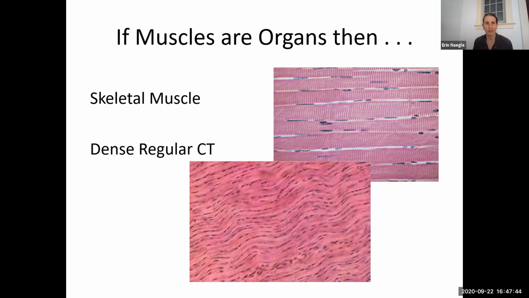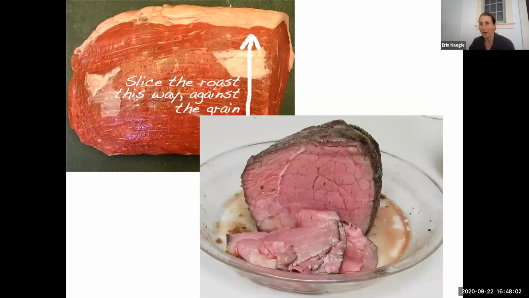Skeletal muscle, dense, regular connective tissue is found in the tendons. We're also going to find some dense, irregular connective tissue, but let's not get ahead of ourselves. First of all, when you think about muscles, I often think about dinner. Like not eating humans, but next time you look at a roast, if you're an omnivore or carnivore of any sort, what you might notice is